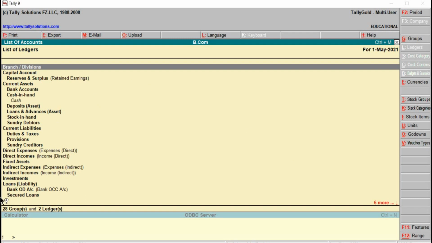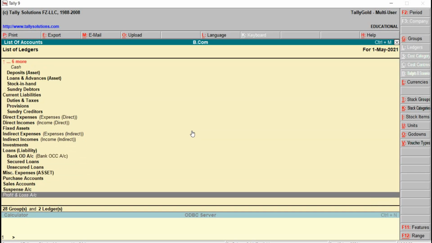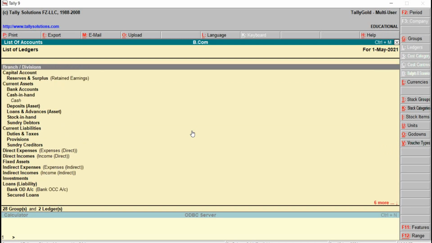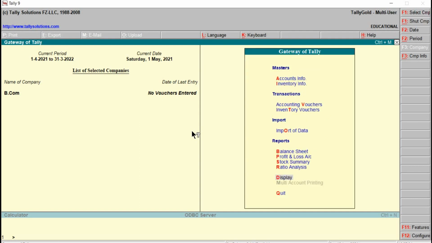Then here we can see 28 predefined groups are available, right? To come back, just press Escape. Once again Escape, and we will be back at the Gateway of Tally.